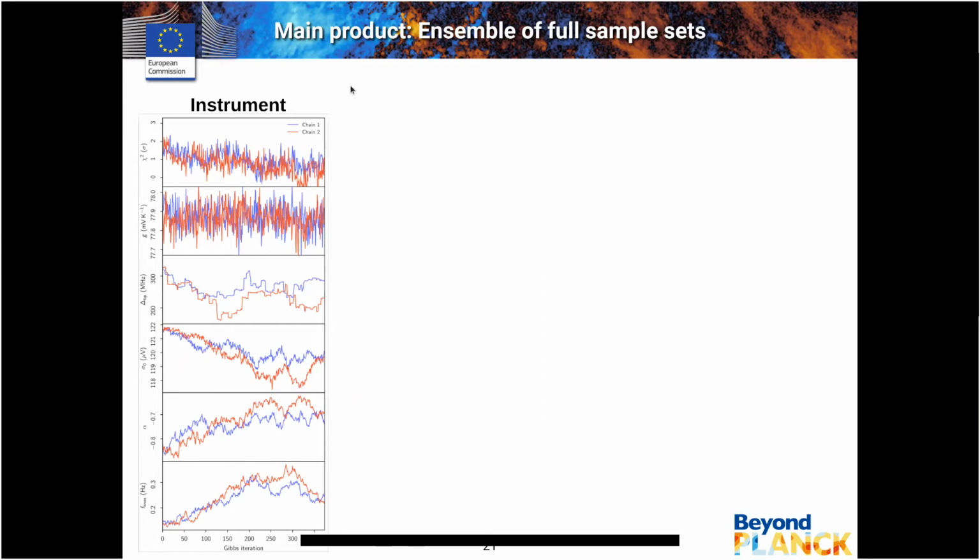Traditionally, most people are familiar with CMB experiments releasing just a set of maps or something like that. But in our case, what we have is in fact an ensemble of the full samples of all of these parameters over time. You can see here, as a function of iteration on the bottom, various time domain parameters like the chi-squared of a particular channel and the gain of some channels. Basically we have the full result of exploring this whole posterior distribution over all of the iterations that we have computed.